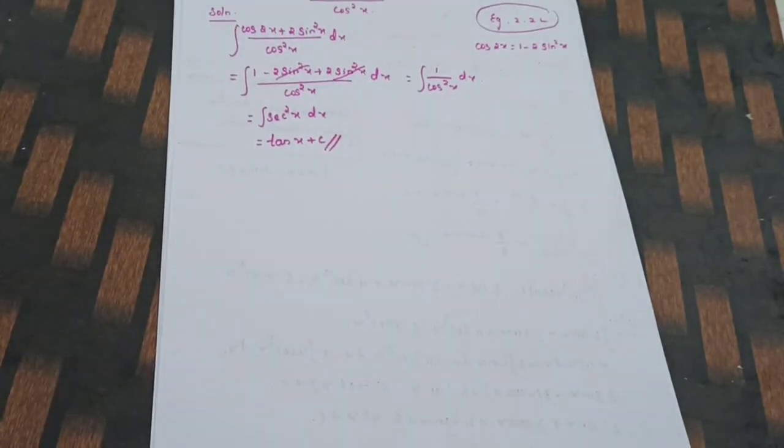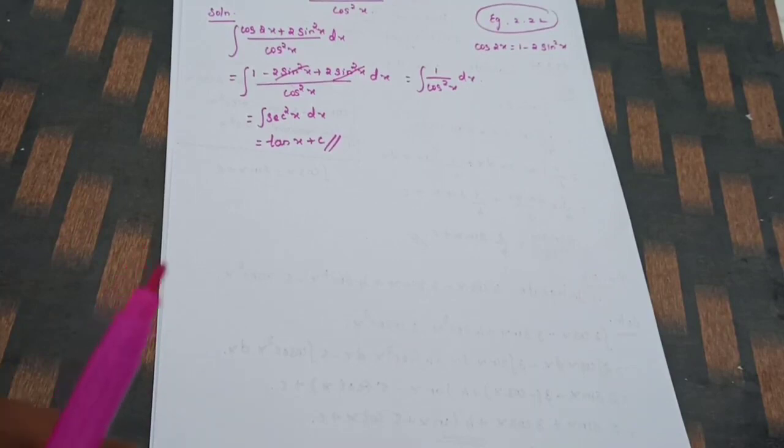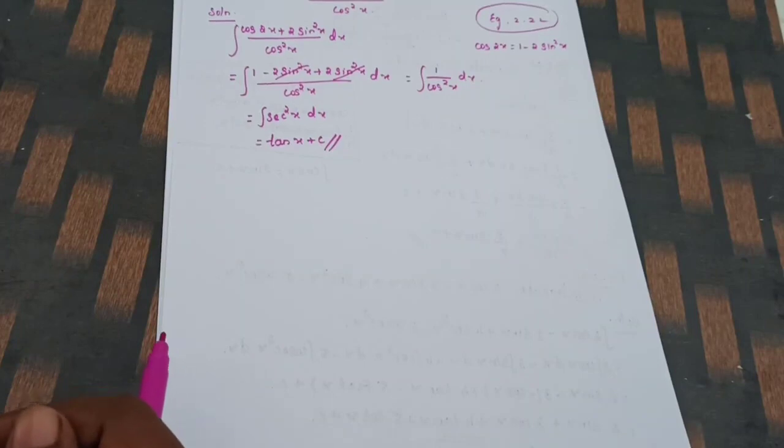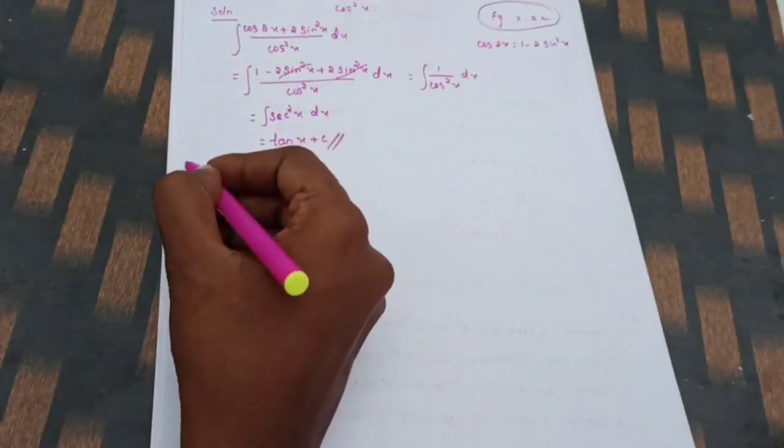So if you know the formula, you can do everything very easily. If you don't know the formula, you can't even touch it. So first learn all the formulas from last year's book. Afterwards you start to learn this one, then only it will be very easy for you. Okay students, let's move to the next question.